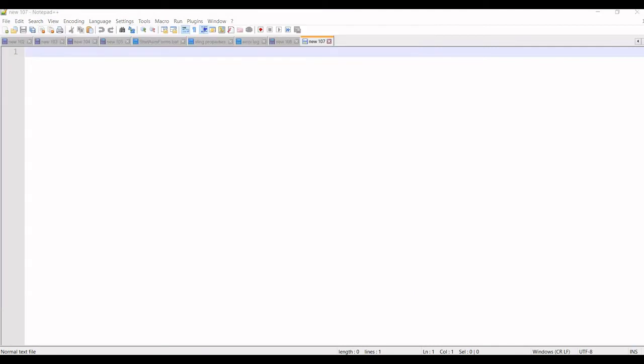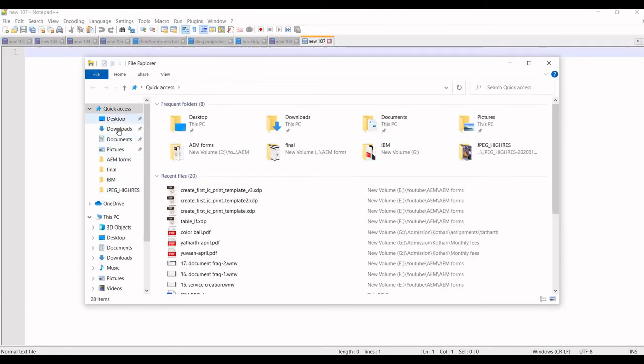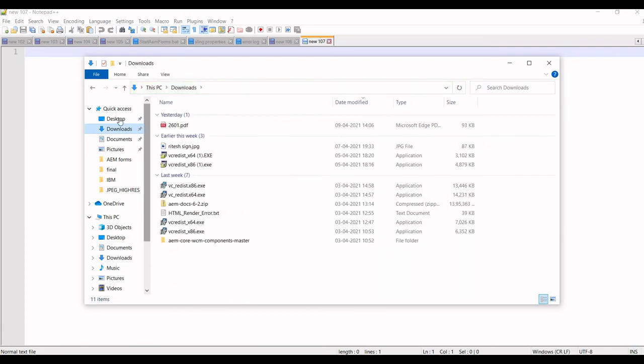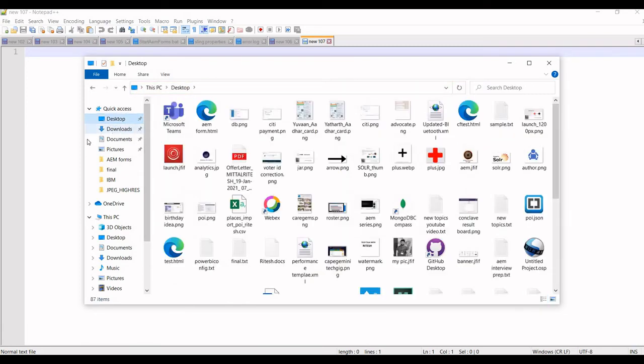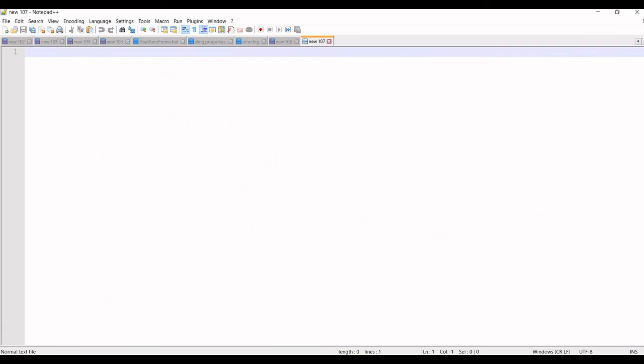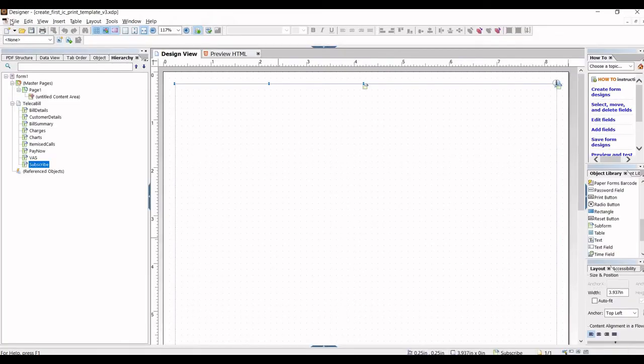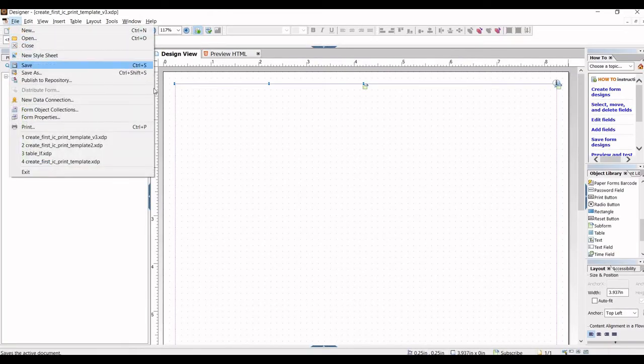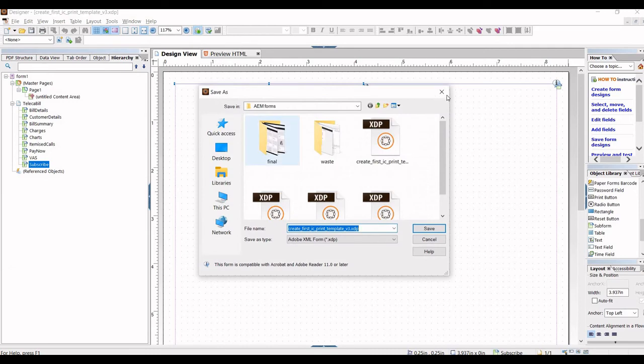And if I open it, this is nothing but an XML file.